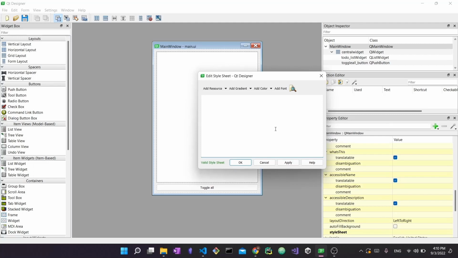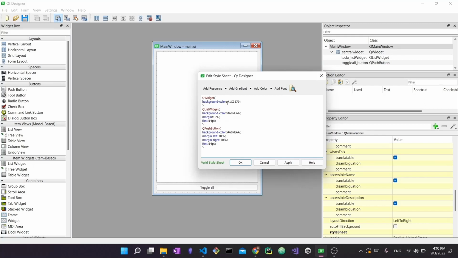So the style sheet in PyQt5 is where you can write some very CSS-like code. These are some Qt-specific style sheets where you can actually style and reformat your interface. I'm just going to paste a style sheet right here, mainly because this isn't really the purpose of the video, but I'm going to walk you through it. And of course, it's going to be available in the source code when I add it to the description. So as soon as I upload the video, you can directly copy paste this and add it to your style